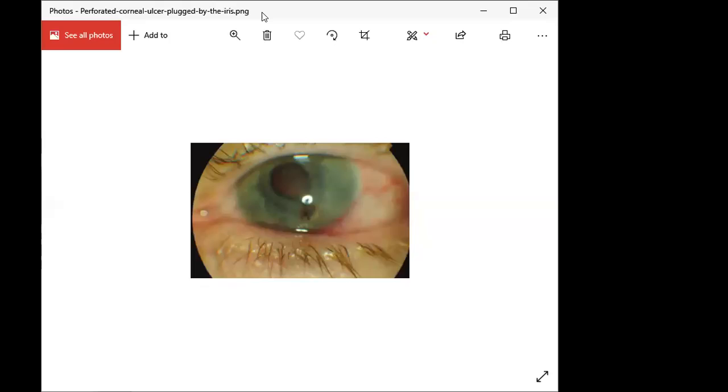That's it. So that's about the ulcer and the different stages of corneal ulcer. If there is a hypopyon present, then it is called a corneal ulcer with hypopyon. If there is no hypopyon, it is called a corneal ulcer without hypopyon. So remember that hypopyon is always a sterile accumulation of pus. No bacteria will be present in a hypopyon. Only sterile pus cells, sterile neutrophils and macrophages will be present in hypopyon.